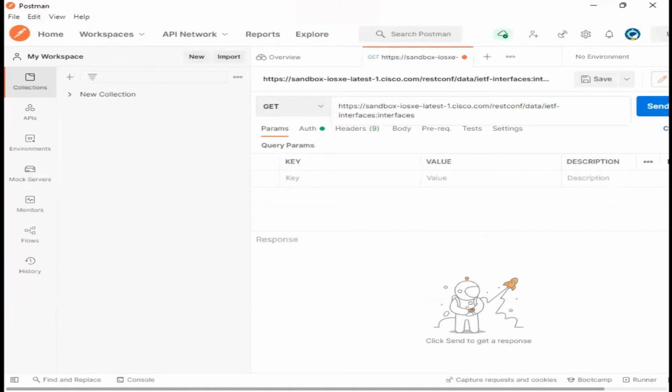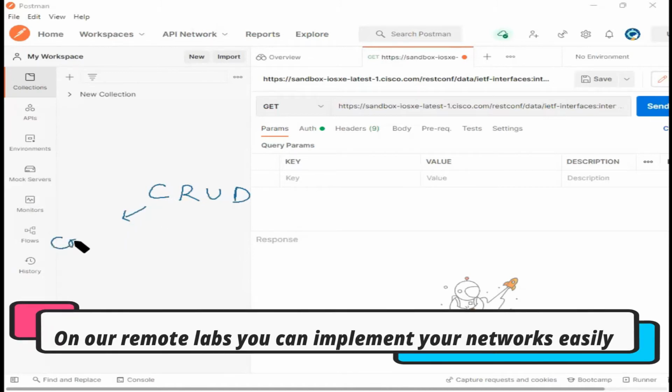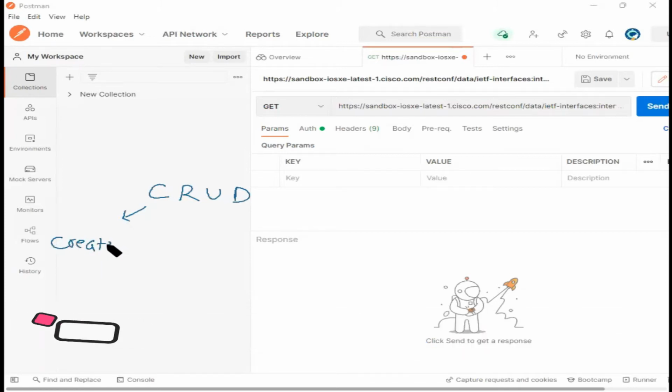When I am talking about REST API, I am talking about HTTP, which has a couple of methods. One majorly used term is CRUD. You can create something, read something, update something, or delete something.